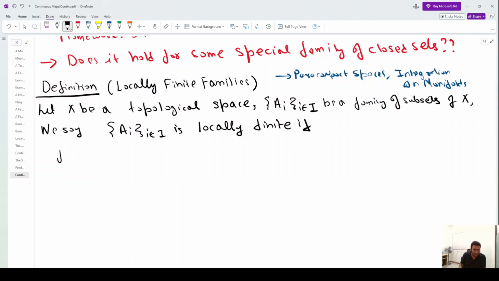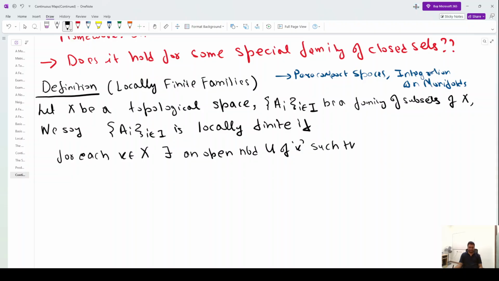If for each x in X, so I'm taking a point, right? So something local is going to come. There exists an open neighborhood U of x such that what will happen? U intersection A_i,